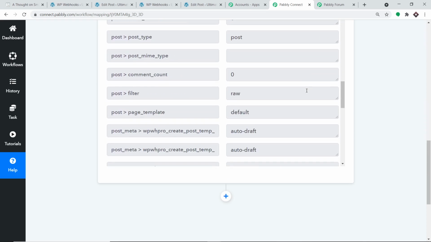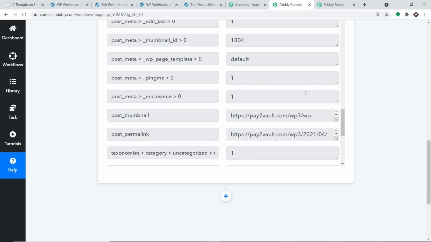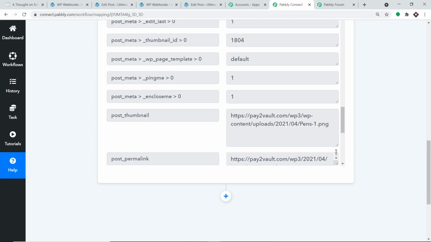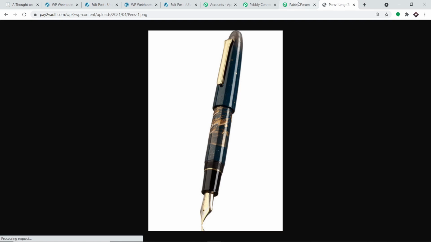And there is something you have to know, the image URL. So let me just look into the image URL. So where is the image URL? Okay, so this is the image URL. So let us have a look. Is this the same image URL? So let me just copy this and open this in a new tab. Okay, yeah, so this is the same image.